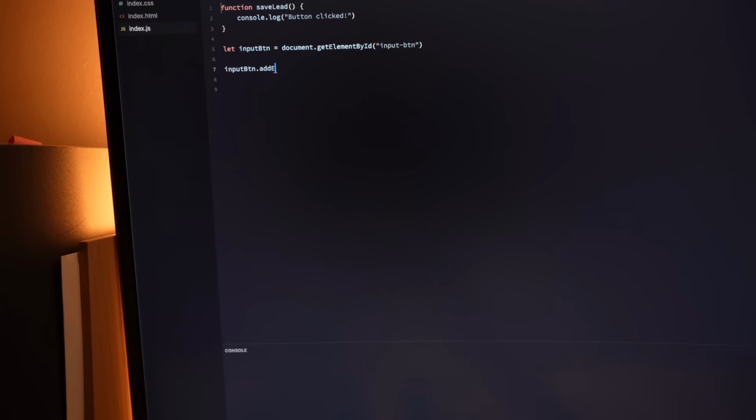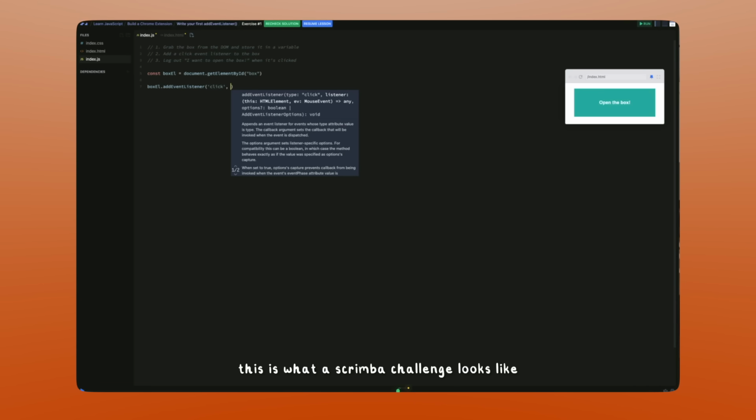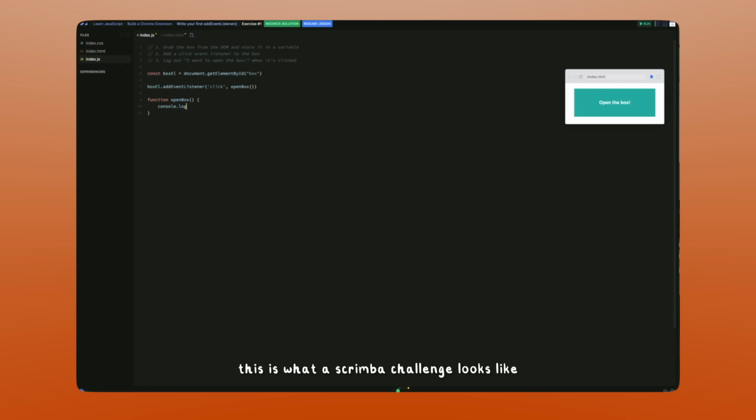Begin dot addEventListener, like that. Inside of the addEventListener function, or method, which it's also called,